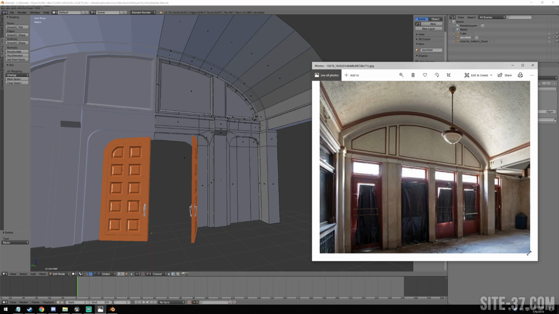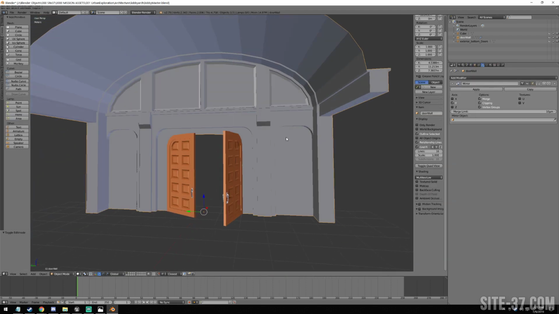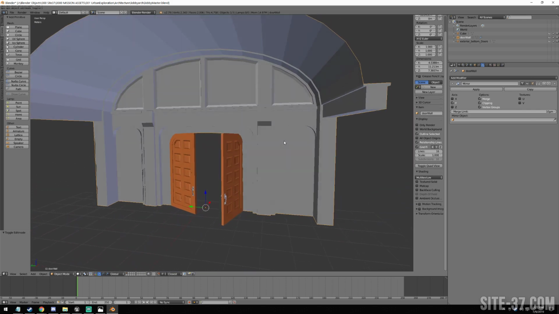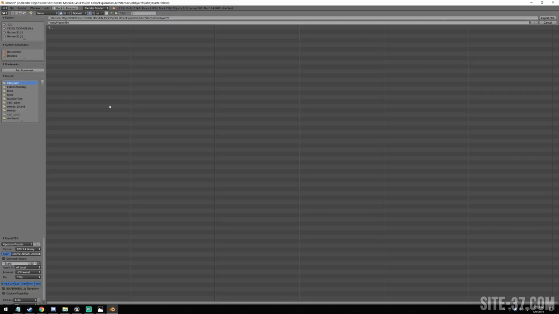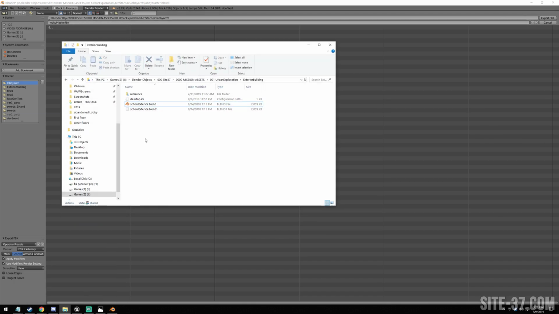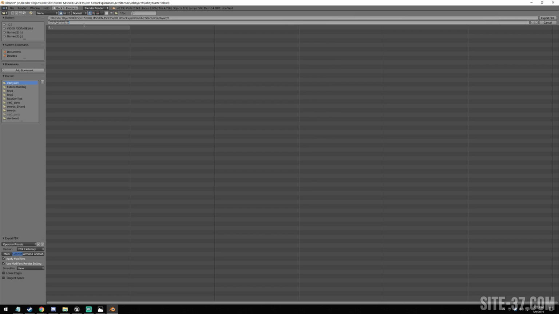So if we actually go ahead and put this in the engine and see how much room this is, we can kind of get an idea how much further we want it. We could also just leave this and work on the other aspects and then just kind of drag this along as we go. But I'm kind of curious what this feels like in the engine, so let's go ahead and just export the FBX. We're not worried about the normal, or any of that yet, because this is more of a test. So let's just do test model, or we'll do work in progress lobby.fbx,